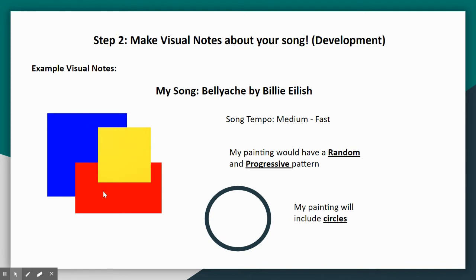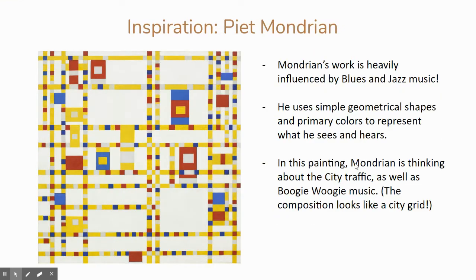But yeah, I chose primary colors and then I chose circles. And I figured that my painting would have a random and progressive pattern, so my painting wouldn't necessarily be so spaced out. Like we see Mondrian's painting right here. Everything is pretty evenly spaced, and he's got a pretty standard pattern going on. Some of these are closer together and further apart, but for the most part, we see a pretty spaced